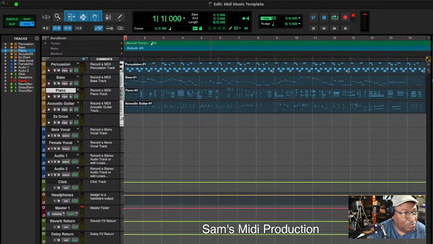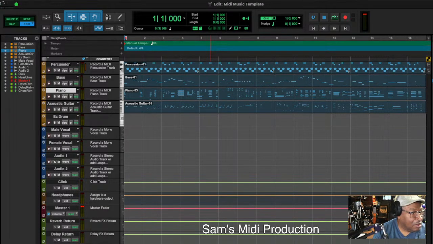I just changed the piano track, guitar left alone, changed the bass track, I added my drummer. I don't have an organ track, and you've got to have an organ track in there. So instead of using the Hammond BX3, which is what I would normally use, I'm going to use the stock organ that comes with Pro Tools, because it is what it's going to be. It's just an organ track. So let's create